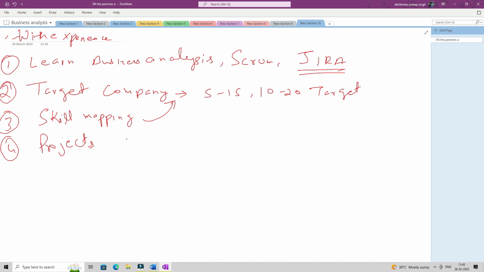Now coming to projects. For freshers, I told them to use something like Jira or Asana or whatever tool they want, focus on certain target companies and domains, and work on certain projects. But if you are already working somewhere, it could be the tech field, as a developer or tester, any other role, or any other sector. You could be working in insurance sales or banking sales or operations, and you are looking to move into technology as a BA. It becomes quite easier for you because you are already working somewhere, so you know how technology is implemented there. You might even have access to the IT team there.